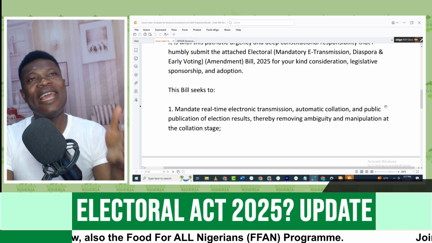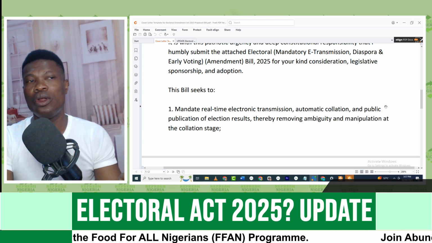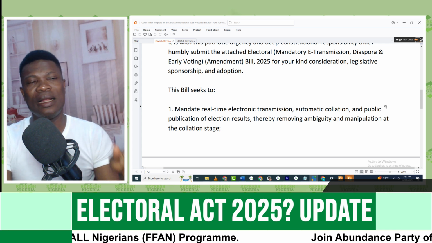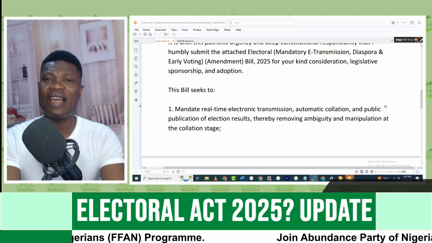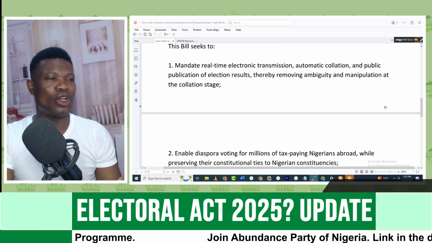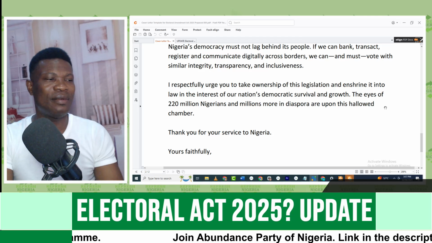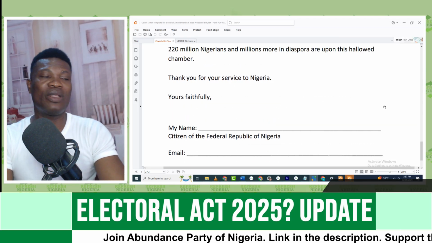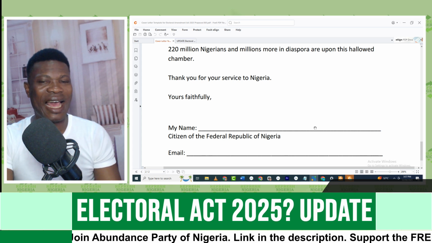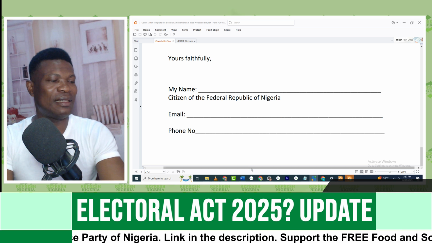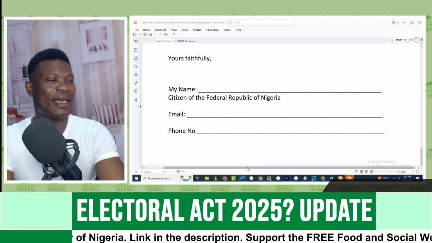A link to them will be put in the description and maybe also in the pinned comment so that you can download it, whichever is more convenient for you. The PDF version where you can just sign, all right? And then you also have the Word version that you can edit. So instead of having all these lines there, you can just remove it and just type your name so that it will look something like